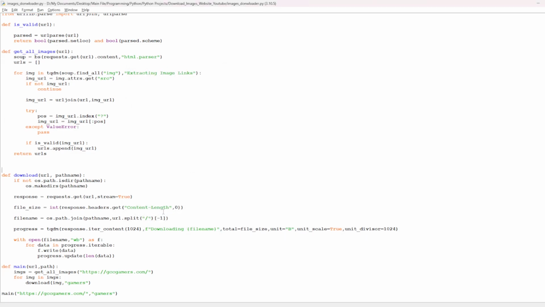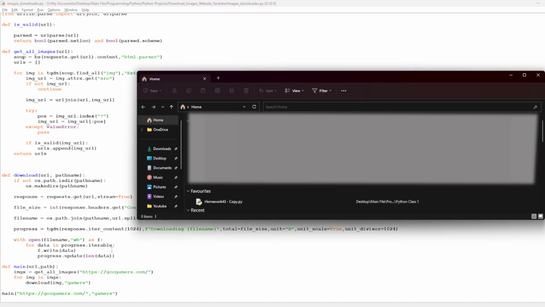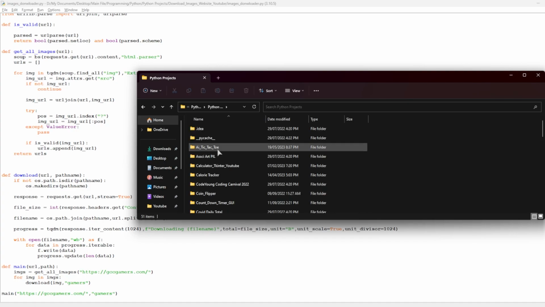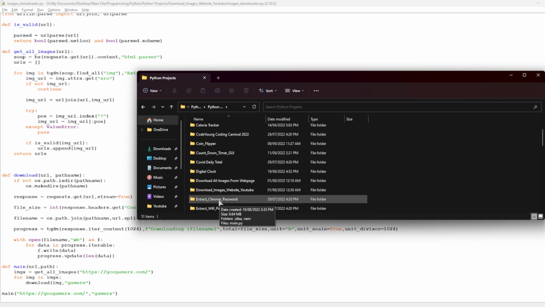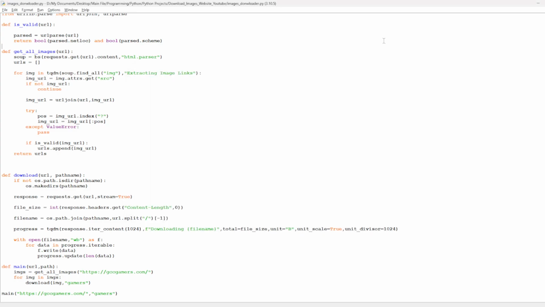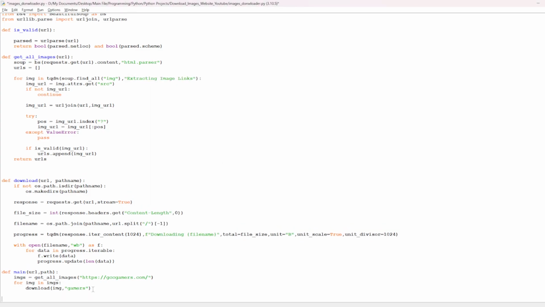I closed my file explorer, so I'll just open it back up. Okay, so you can go to Python, and you can see, yep, now I have to find it from here. Alright, so we can remove that, and you can put this to the path variable. Right, so now that it's working,